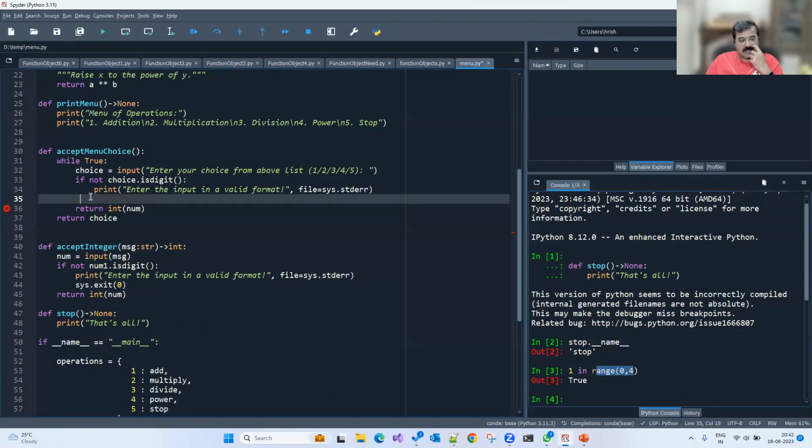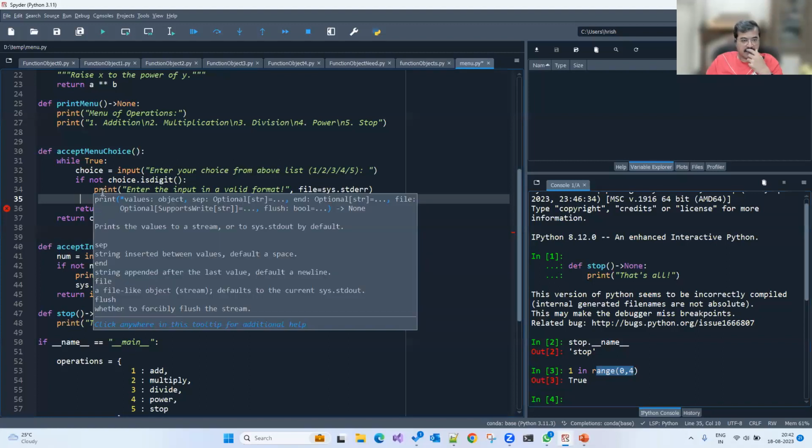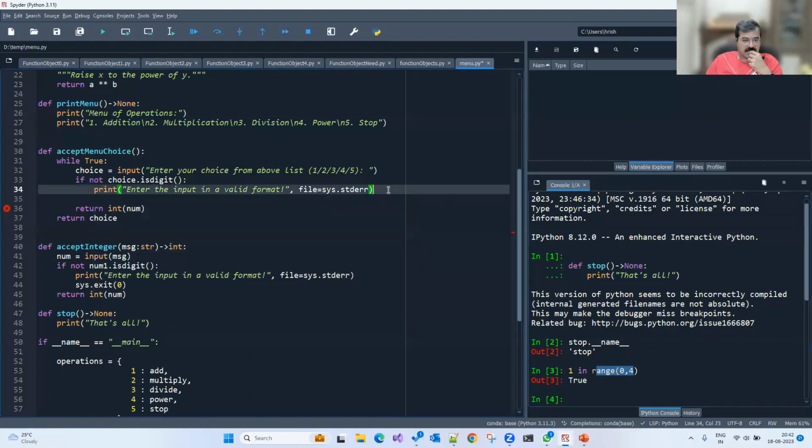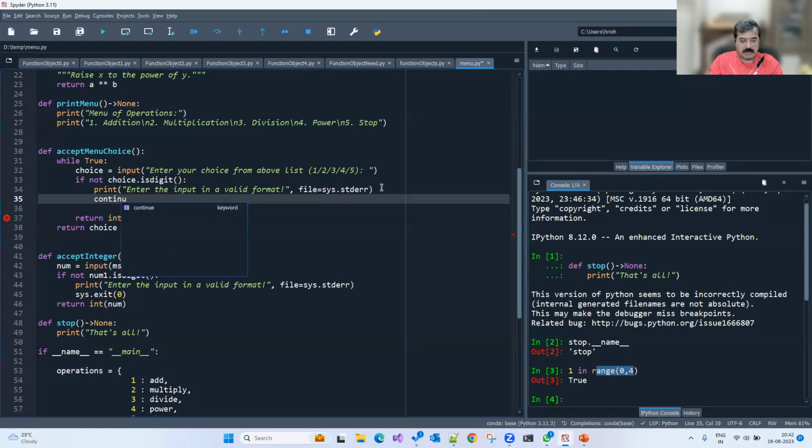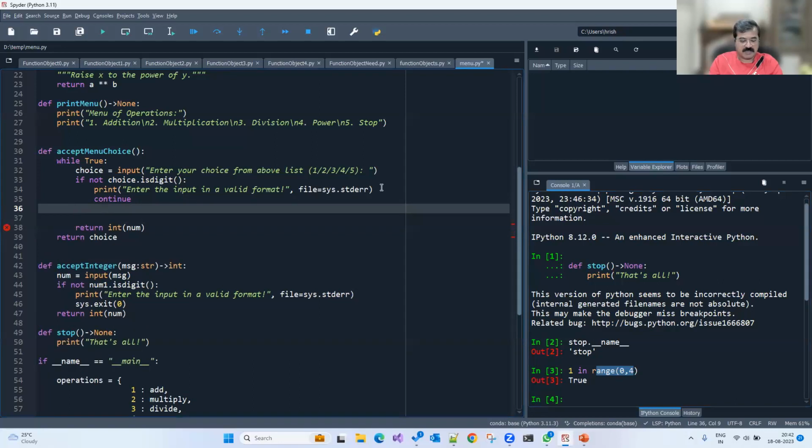First, is it digit? If it is not digit, I'll print an error message and I'll say continue. And I'll also check else, I could say continue. That's one part of validation. Second, I could check if choice in range 1 to